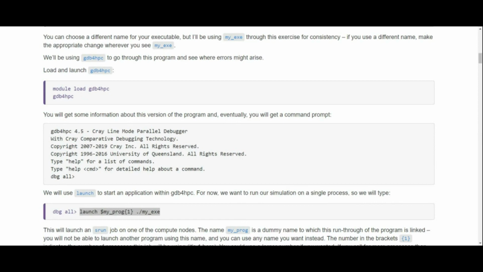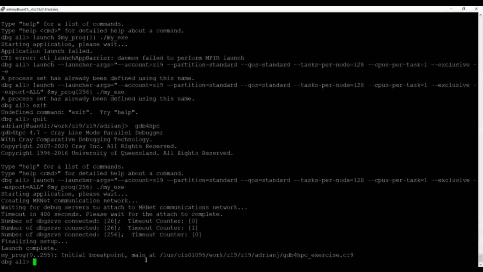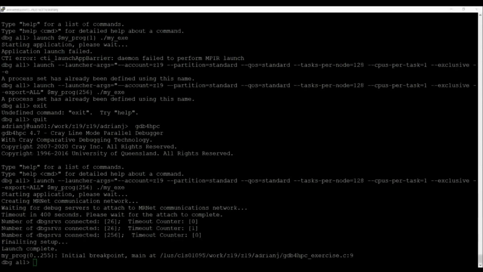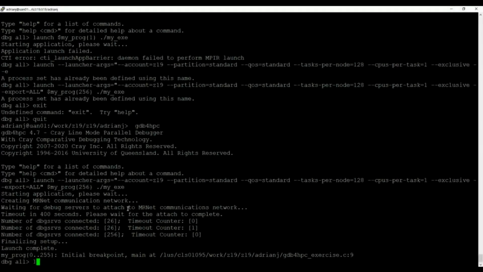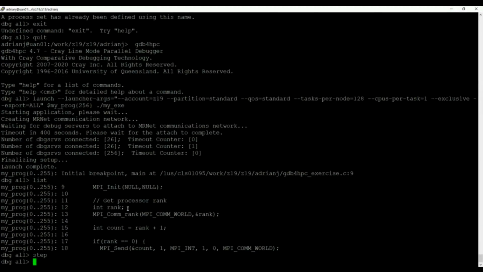Let me share my screen again. I've done this now, and I've got to a point where I've got waiting for debug services, finalize setup, launch complete, my program initial point is in this place here, and then you should be able to continue the rest of the exercise as outlined on the web page. You should be able to do list, for instance, and that should tell you where you are. And you can do step, and